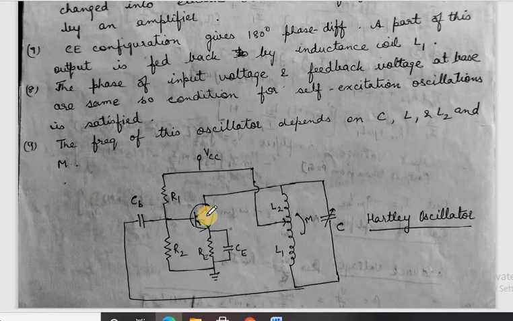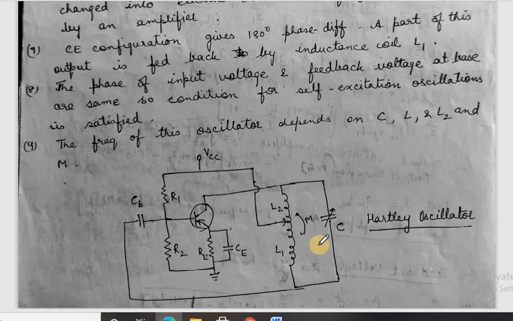Now here the oscillations that will be produced will have some frequency, and that frequency depends on C, L1, L2 and the mutual inductance between the two coils, that is M. So all these decide the frequency of the oscillator as such. Now we'll find what is the mathematical relation for the frequency, and what is the necessary condition that should be satisfied in order to make this oscillator work in a proper manner to give